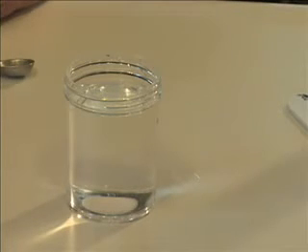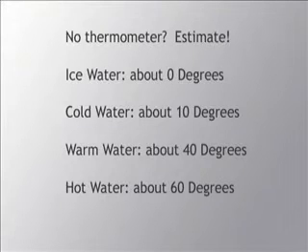Pour out the water, rinse and dry the container, teaspoon and spoon. Repeat steps 2 through 4 with warm water at about 40 degrees Celsius, cold water at about 10 degrees Celsius, and ice cold water at about 0 degrees Celsius. Use ice cubes to lower the water temperature as needed. And remember, if you do not have a thermometer, just estimate those temperatures and record those estimates in the data